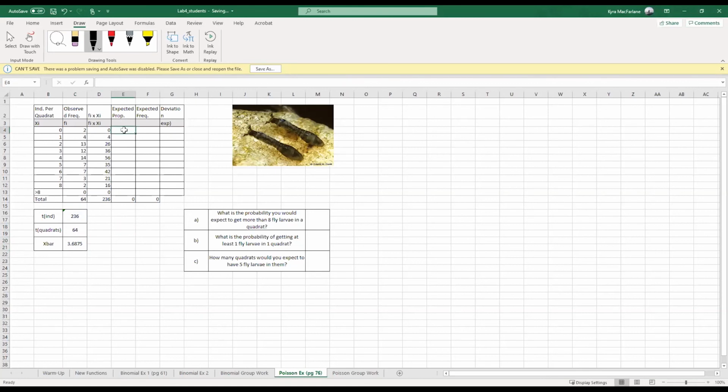Now we can calculate our expected proportions using the Poisson dot dis function. Here we need x, so the number that we're asking for, our mean, and cumulative, which in this case is 0. And I'm going to anchor this C20. So another weird thing, right? If I try to drag all the way down, I get this value error. Again, because of this. So instead, what we're going to do here